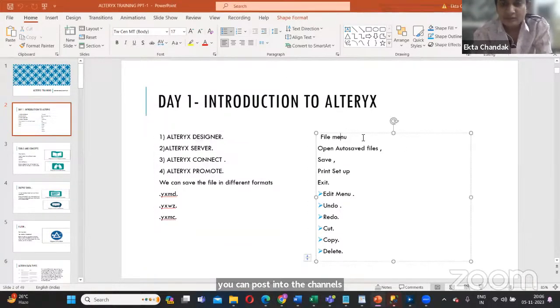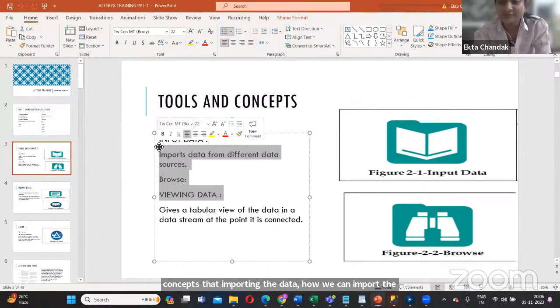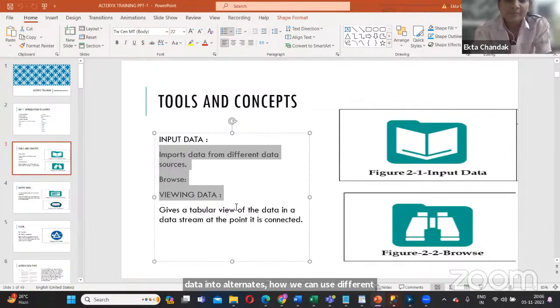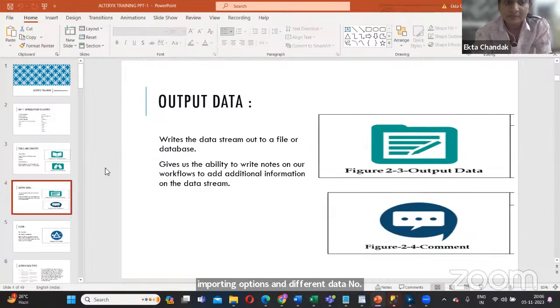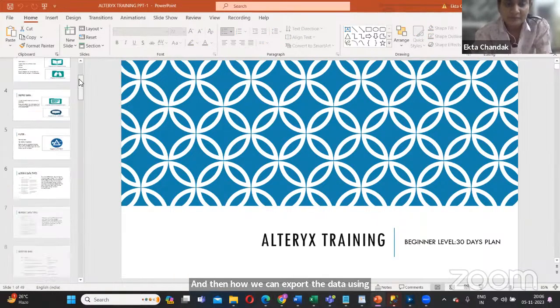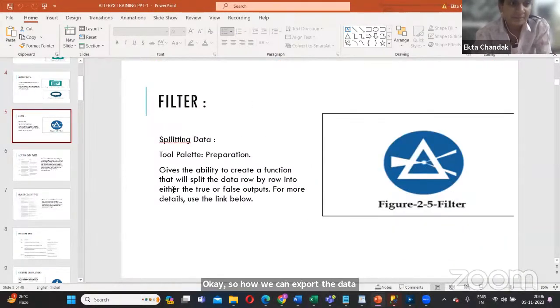So what are the different tabs that are present in Alteryx? We will look into this. We have different tools and concepts like importing the data, how we can import data into Alteryx, how we can use different importing options and different data sources. The viewing part, getting a preview of your data, and then how we can export the data using an output tab. Okay, so how we can export the data and how we can comment on the data,